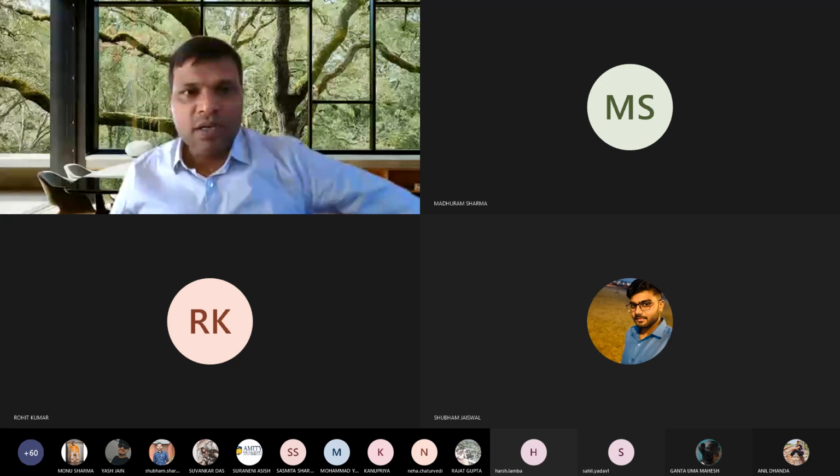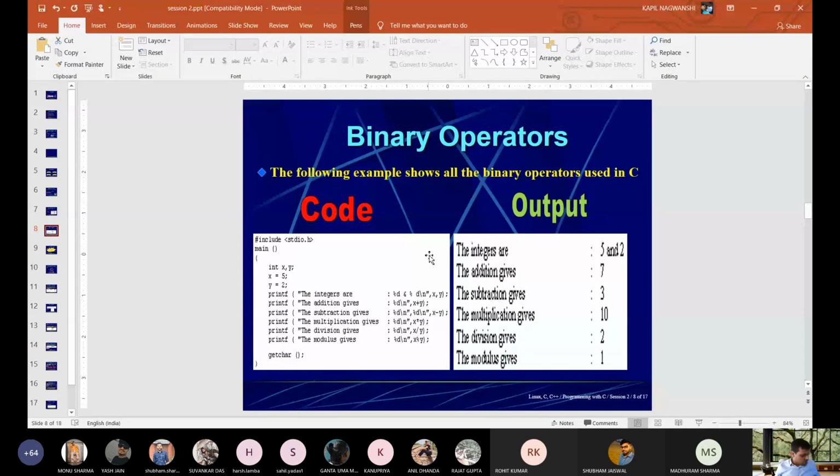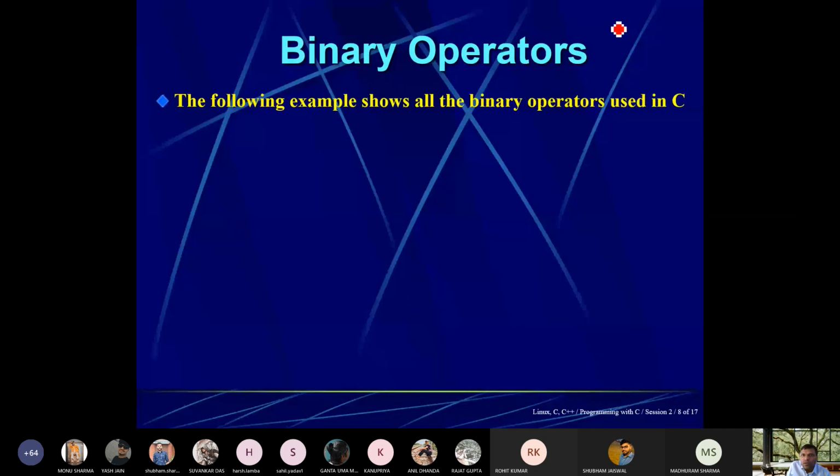It is expected from all of you to do certain exercises related to all these scenarios. So if we are using a++ plus a++, it simply means that in this statement a will be taken, and then in this statement, because a is already incremented, a plus 1 will be taken.